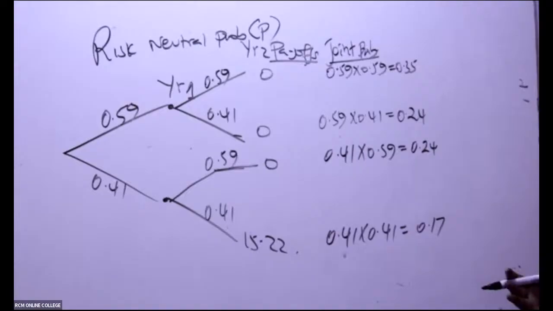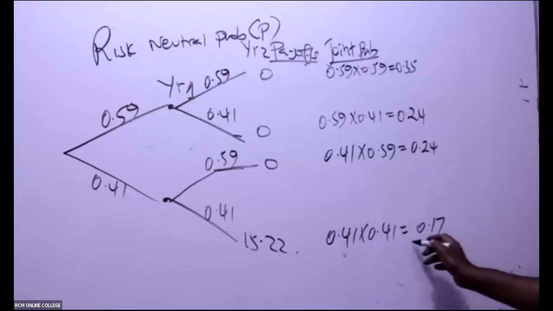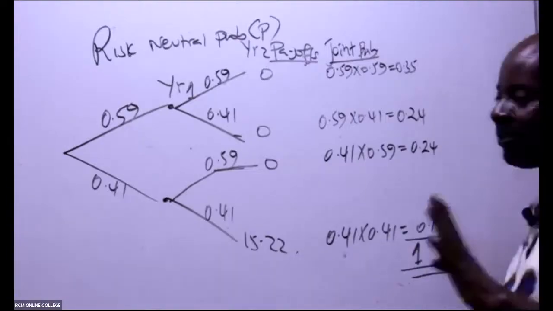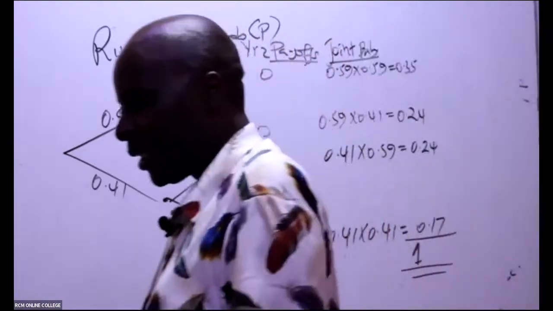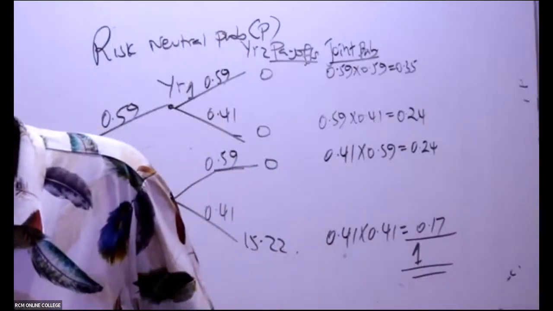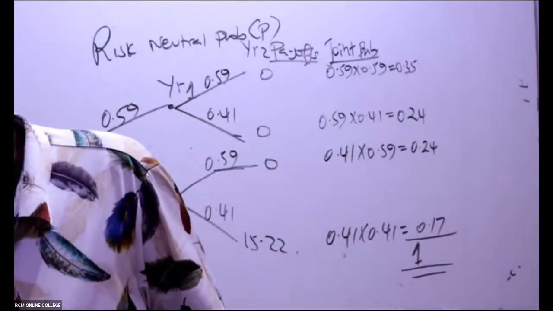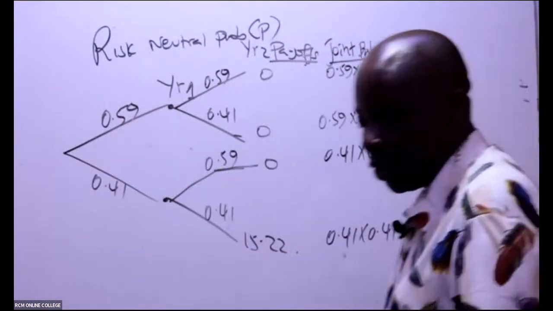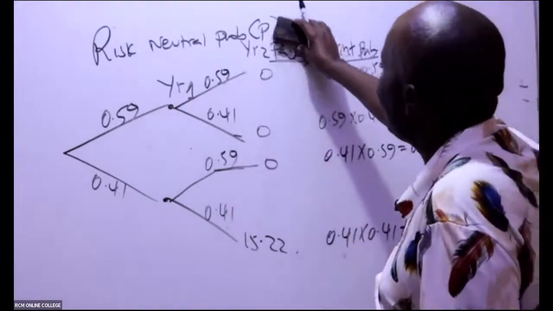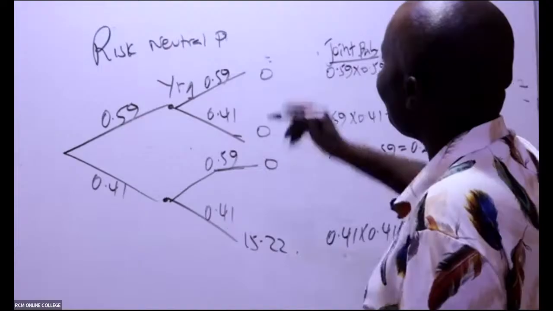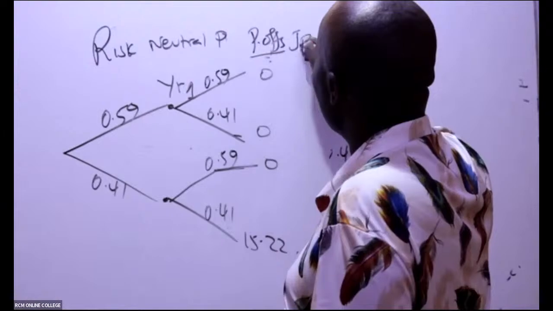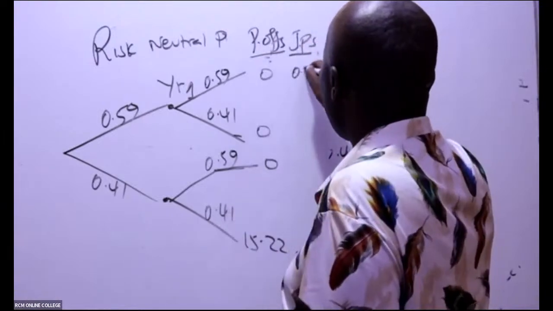And of course, except for rounding off errors, which may be there because we are taking this to a lower figure, we expect these joint probabilities to add to 1. It is 1, isn't it? Because of lack of space, you will allow Mwalimu to come and write these. These are payoffs, and these are JPs, joint probabilities. I'll write them here: 0.35,